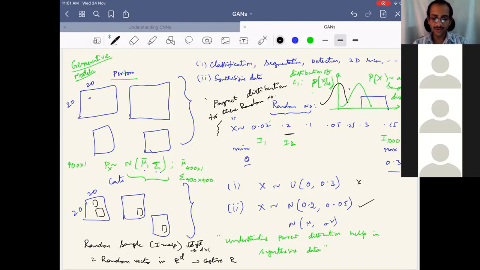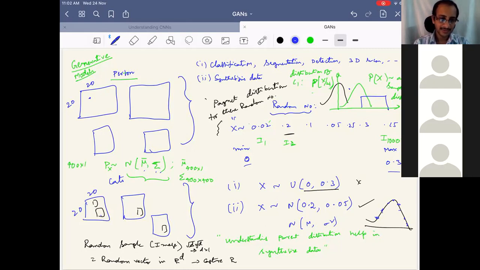Because when you generate images, even if it is a Gaussian density or a uniform density, all the time I need not generate only 0.3 or 0.2. Sometimes 0.1, 0.01, so different things will come. Even in a Gaussian, when I sample in a new case, I may sample here, here, or here. So sometimes it comes at the bottom, sometimes in the half. If many of the objects are only at the bottom, then most of the time you also generate the cat at the bottom. But if some objects are in other regions as well, it may come in different regions with less frequency.